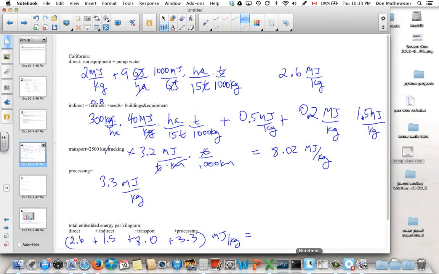Okay, so that works out then to, how much was that? 15.4 megajoules